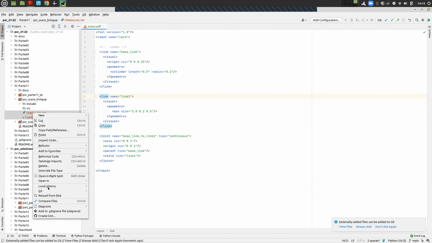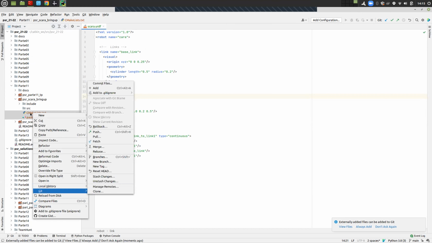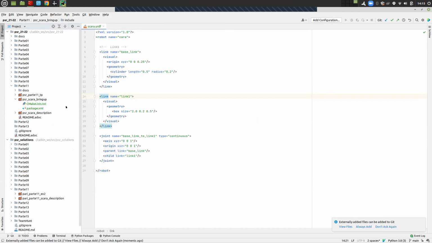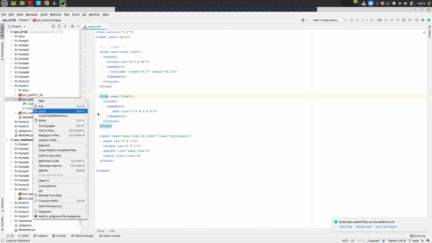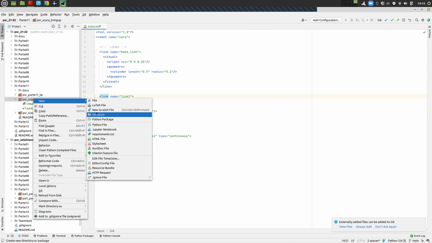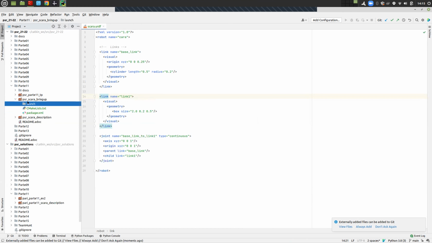I always forget the shortcut for the Git add. I think it's Control-Shift-A. Okay, I always forget. Okay, new folder, new directory, launch. Inside I have the bring up.launch, which, by the way, whenever that launch is just a visualization, just RVs, and whatever RVs needs, sometimes it's always called